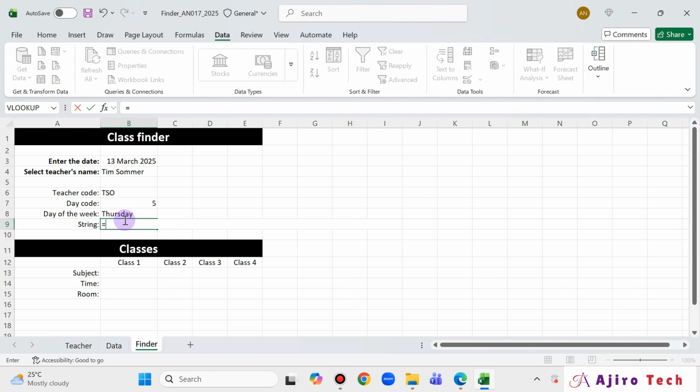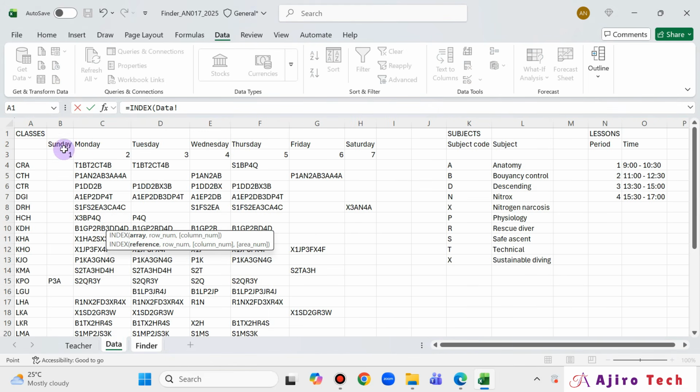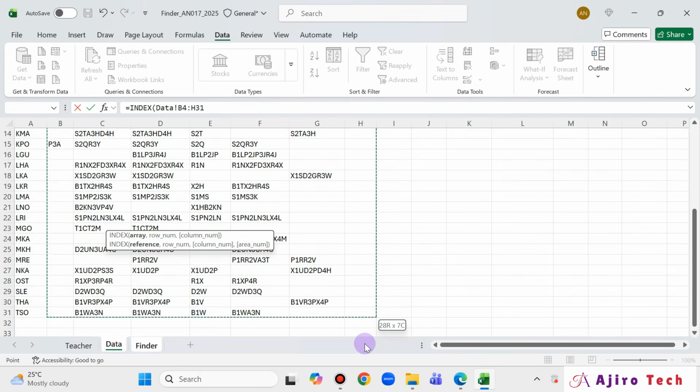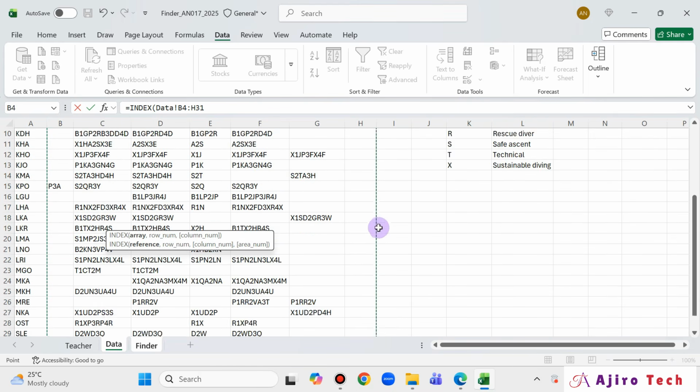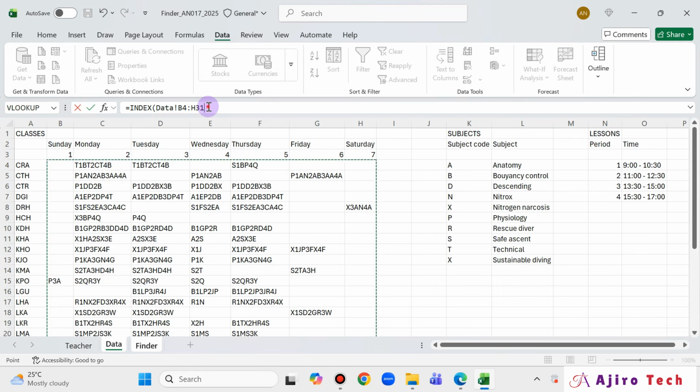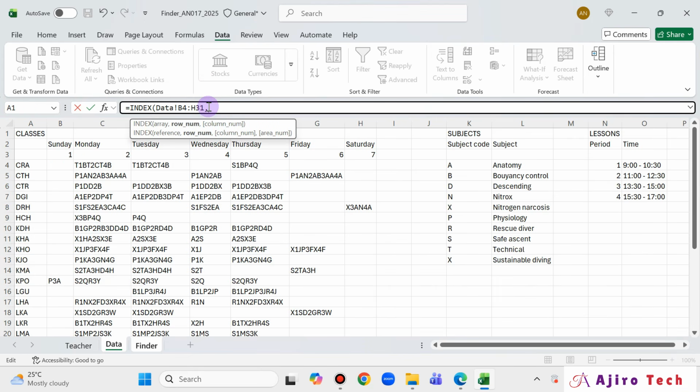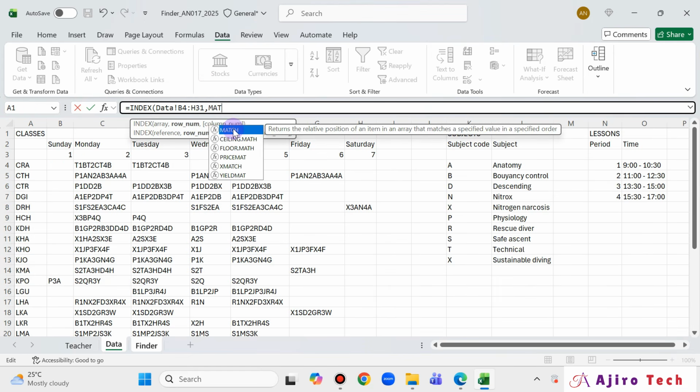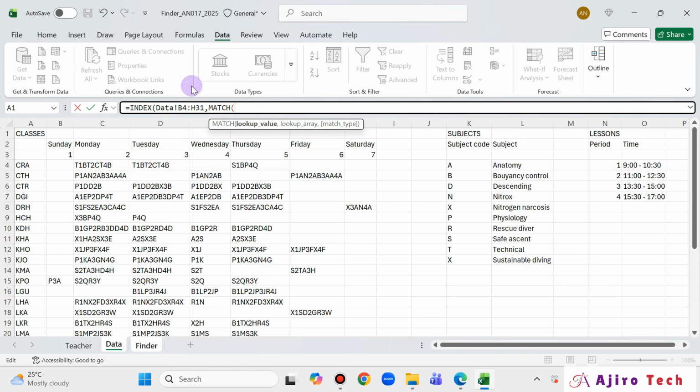So I said equals to what? The index, right? What's going to be the array? I said the array here is going to be from here, right? B4 from here. You are starting from here. This is everything you want to find down here. Can you see that? We started here. And then we have what? Our match, which is going to be the row number. And our match here, we have what? The lookup value. The lookup value here is